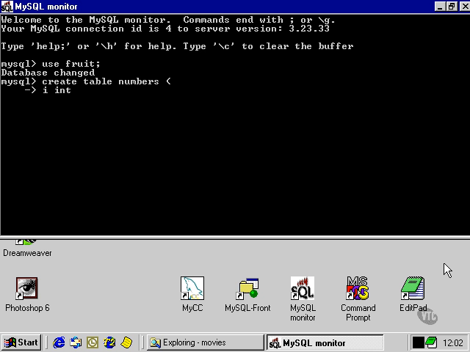Now, the limits on an integer column is that the range of valid values is minus 2147483648 to the same number in the positive. So quite a broad range of possible values there. So let's create one integer